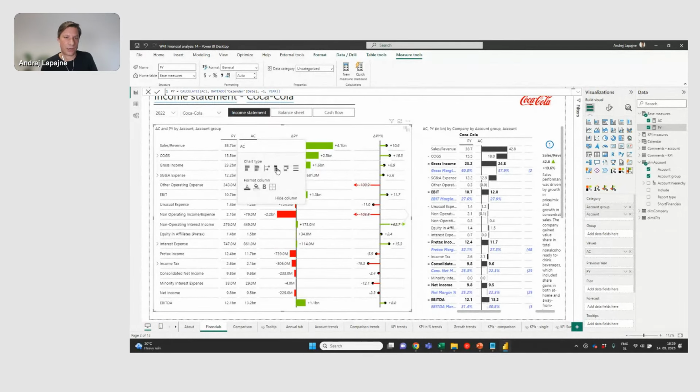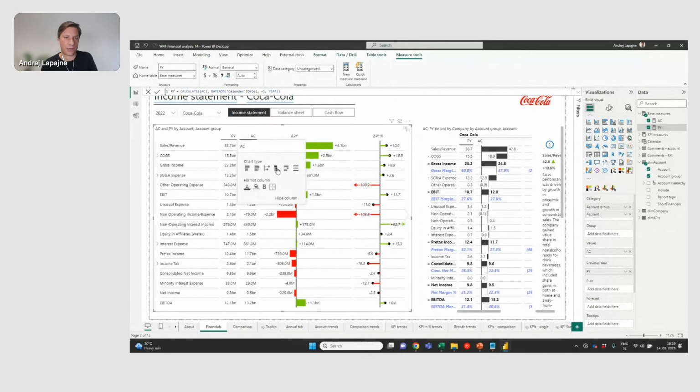The moment you switch to a waterfall chart and use the calculation waterfall chart, which is a more advanced version of the waterfall chart. Okay, now I'm seeing something, but it looks weird, right? So it's a waterfall chart, it just stacks the floating bars one on top of the other. So that's why you use